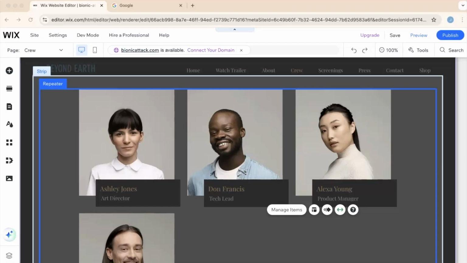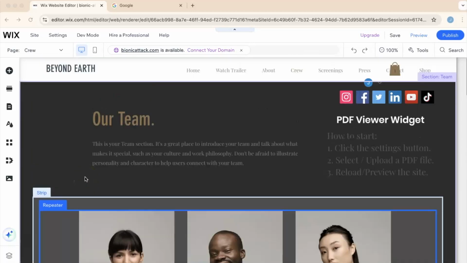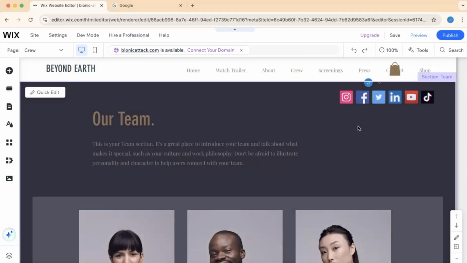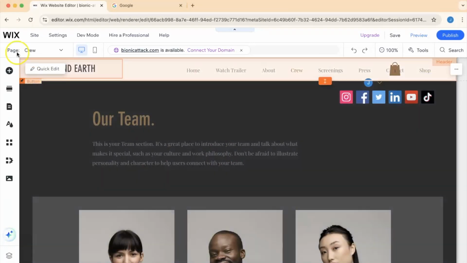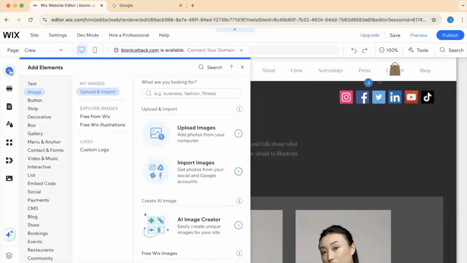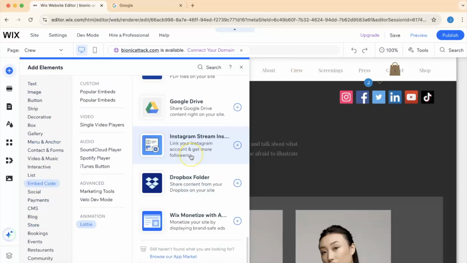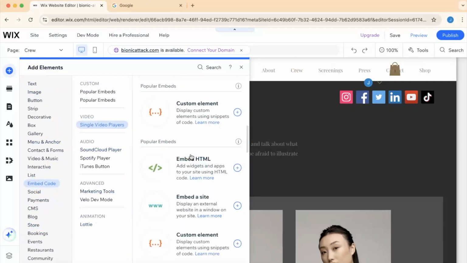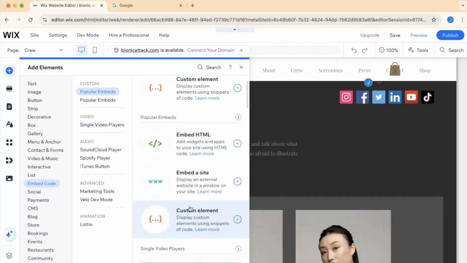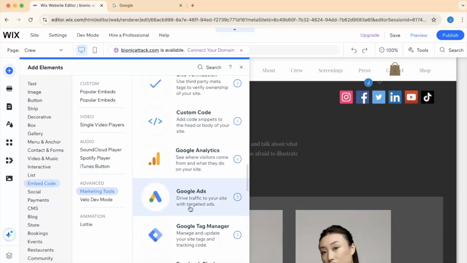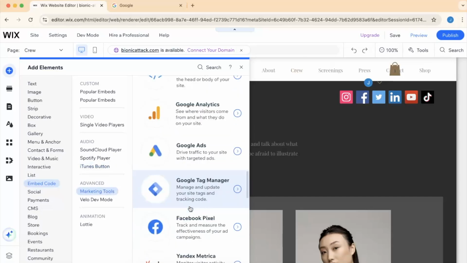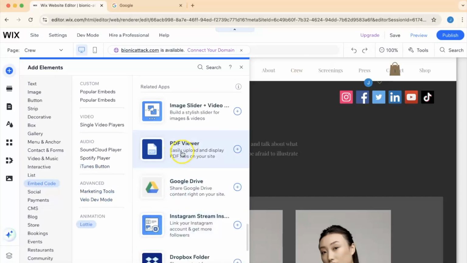Something that you will need to do is add in a PDF of your comic, which is super, super easy. So let's say, for example, I wanted to add a PDF to this particular page. On the left-hand side, if I go to add elements, and then I come down to embed code. If I scroll through embed code, at the very top, I've got custom elements, use HTML or embed a website. Actually, what I do want is just to keep coming down further to PDF viewer. If I add one of those to my website,